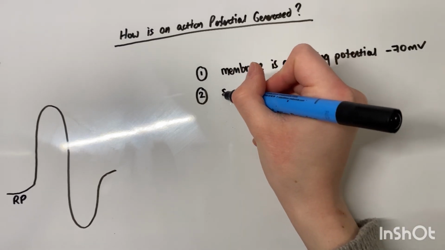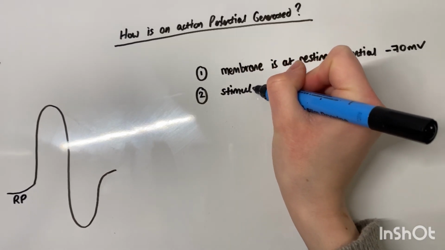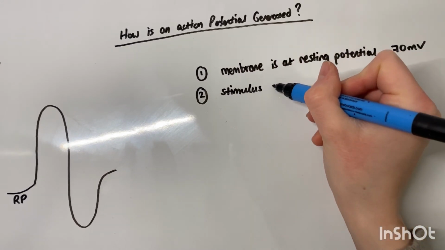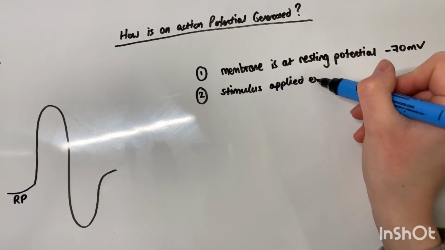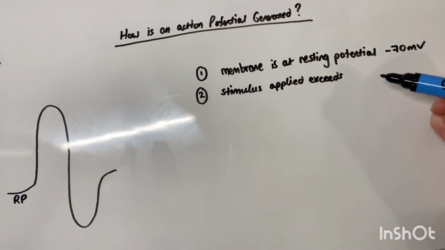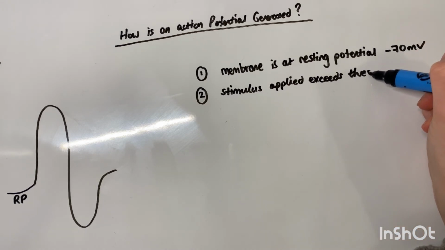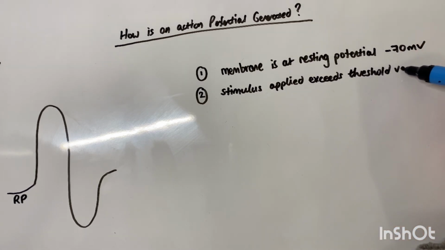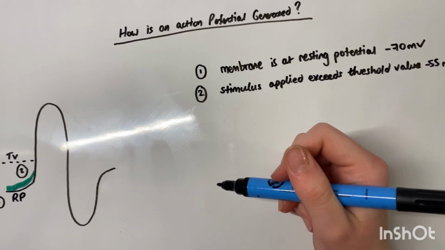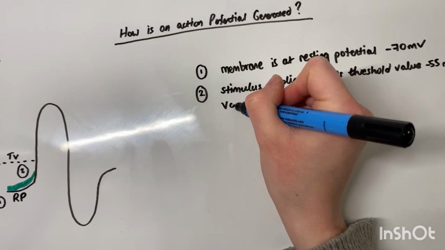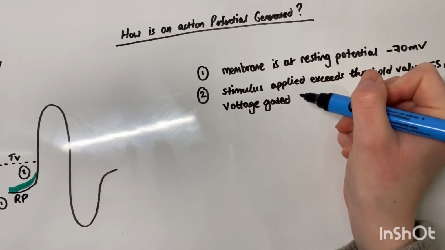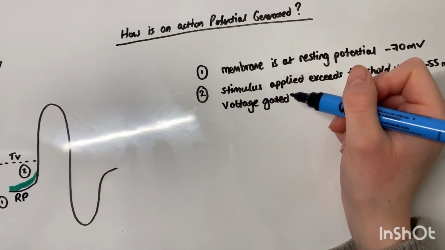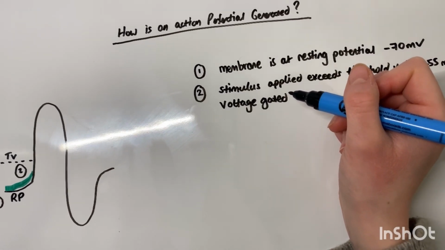Now step 2 is a stimulus is applied which exceeds threshold value of minus 55 mV. What this means is like a pressure or a change in the environment, external or internal, let's say, has enough force to change the potential difference of minus 70 to minus 55 mV. So then what this stimulus does is it opens the sodium ion voltage gated channels and allows sodium ions to